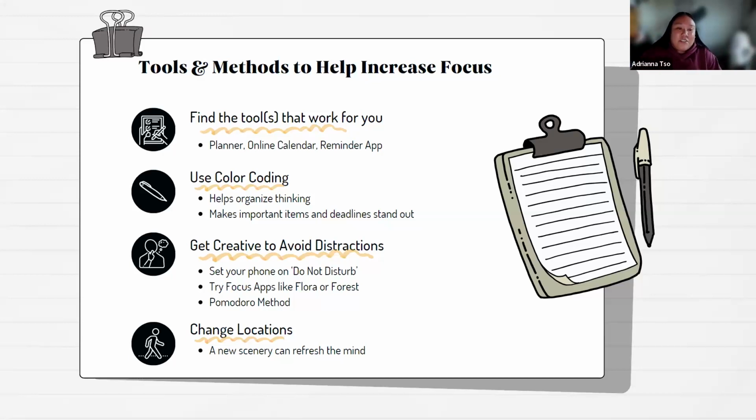But you can also use these really cool apps that are out there. I know somebody was mentioning the tree app. There's some apps out there that help you stay off your phone. You can download it onto your phone, and the longer that you stay off your phone, the more trees or plants that you can grow, and you can ultimately build a little garden, and that's really cool. You can also download it onto your desktop as well, so that's a little fun activity you can do to help yourself motivate and to help yourself focus as well and stay off your phone,